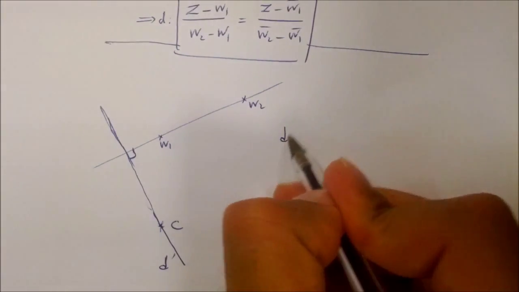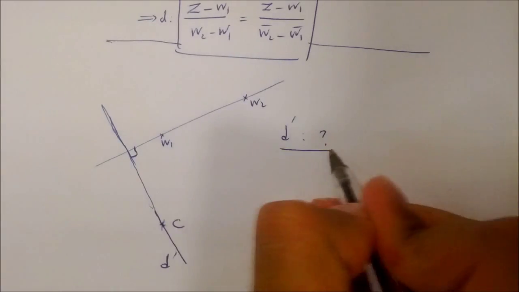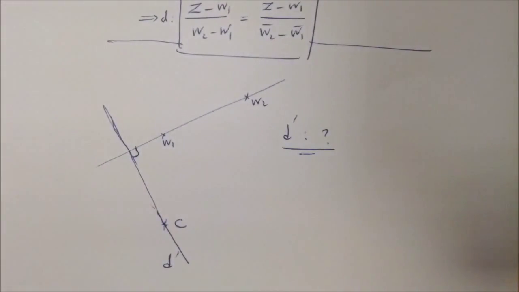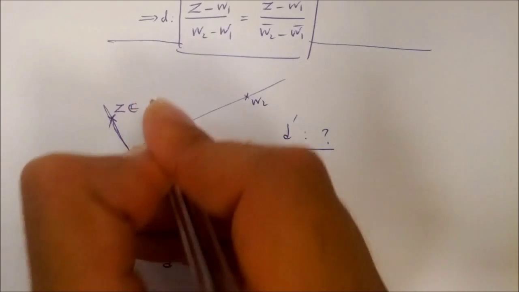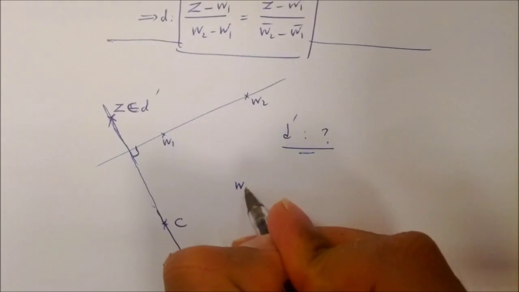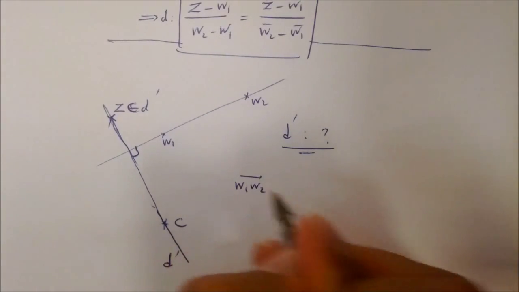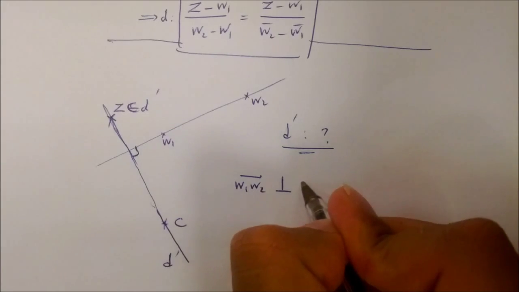What is the equation of d prime? So if I consider an arbitrary point z here, for example, which belongs to d prime, I can say that the vector w1, w2 will be perpendicular to